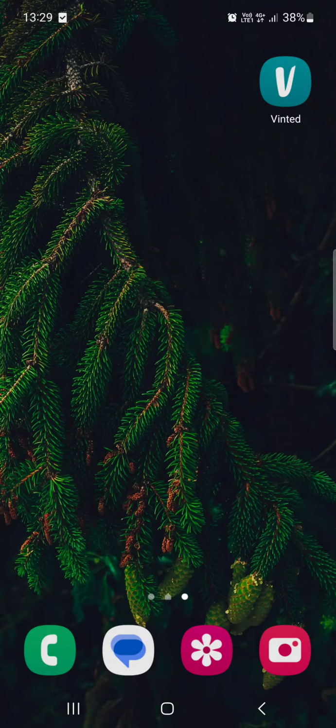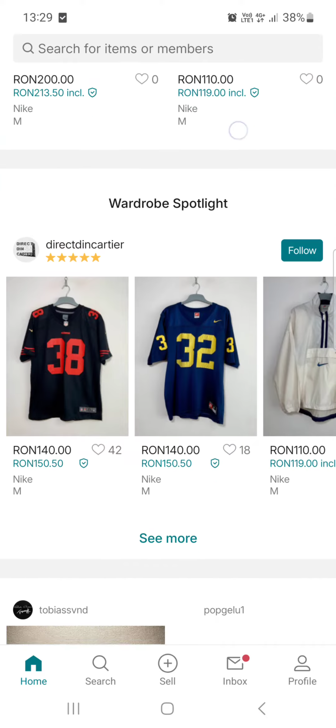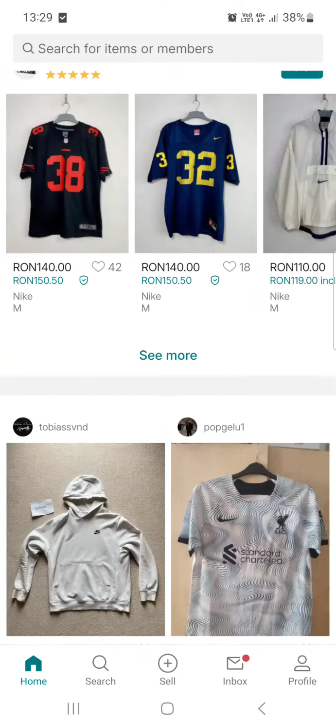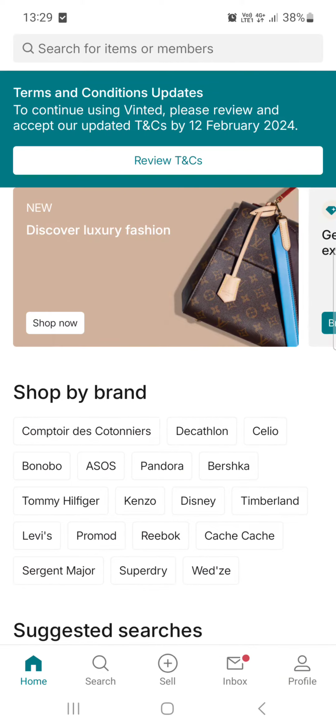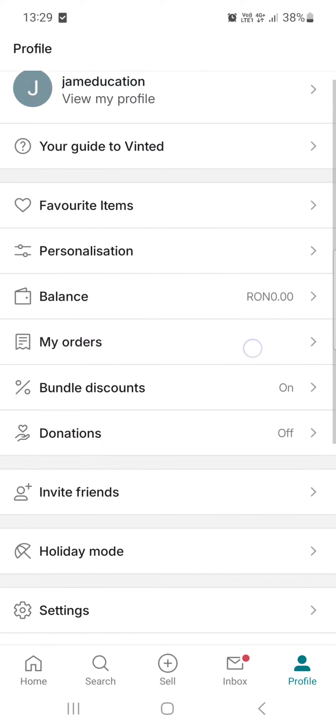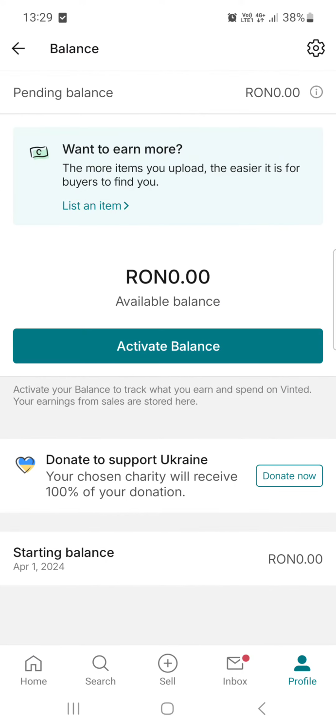First, we have to open up the Vinted app. And here it opens up in the home menu, where we have some suggestions, some articles. And from here we have to go into the profile menu in the bottom right corner. And then we have to tap on balance. Here